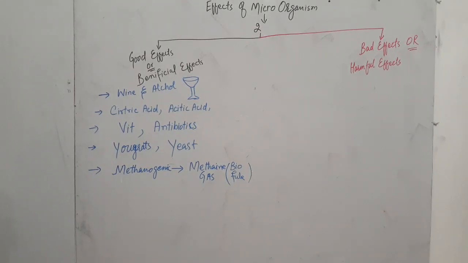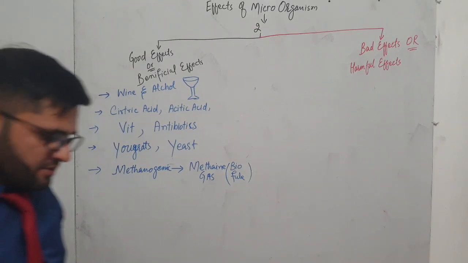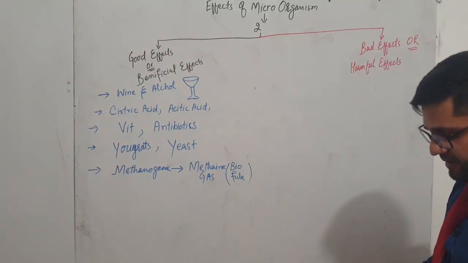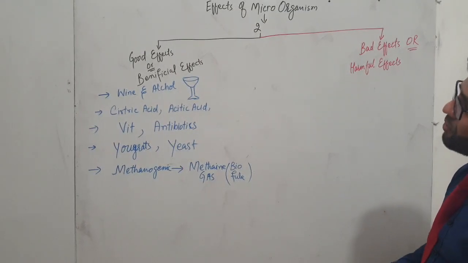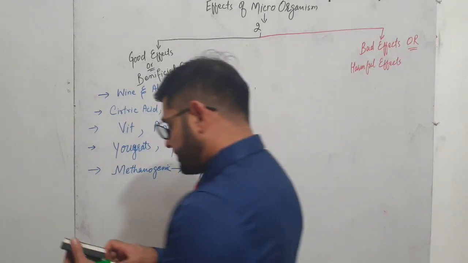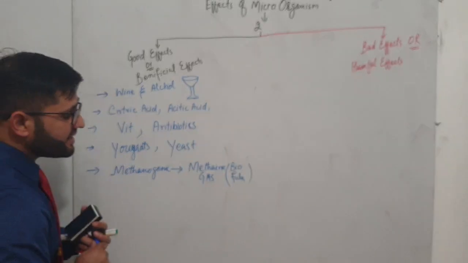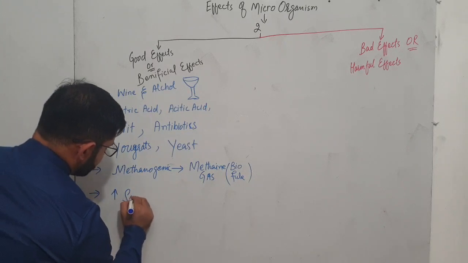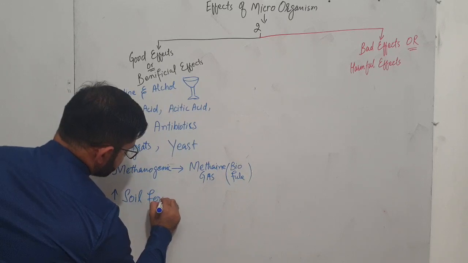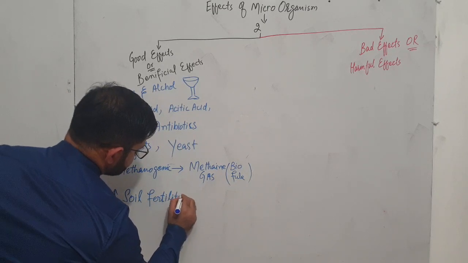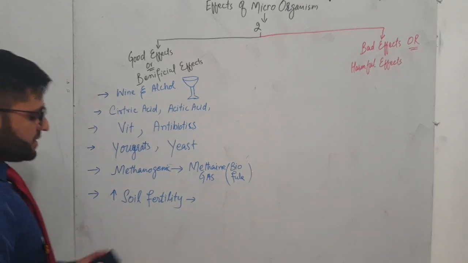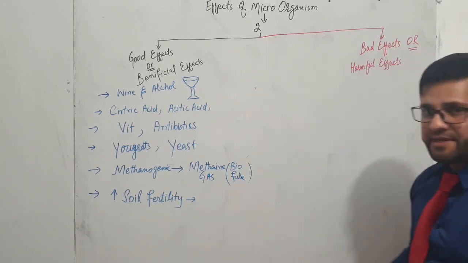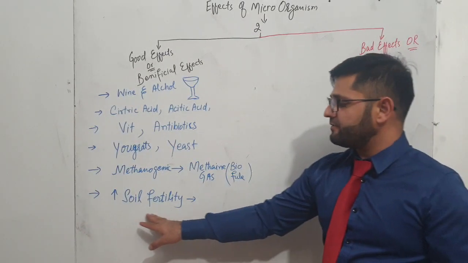Okay, these are the good effects of microorganisms. Another good effect is that they increase soil fertility. Some bacteria convert the atmospheric nitric oxide into nitrate, and the nitrate is responsible for the increase of